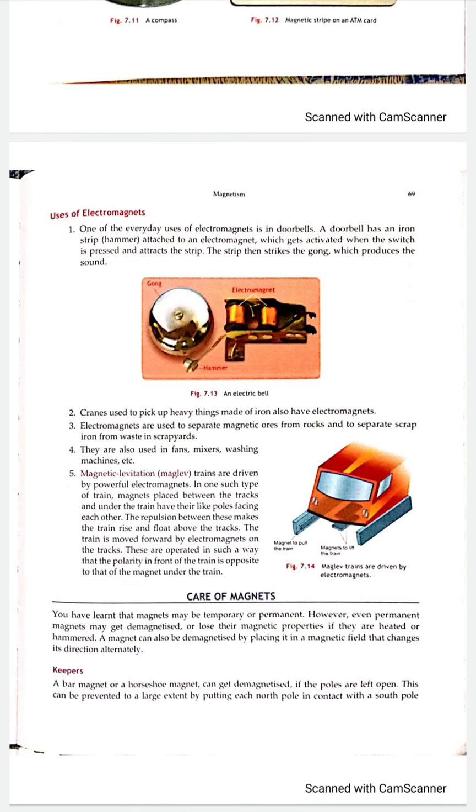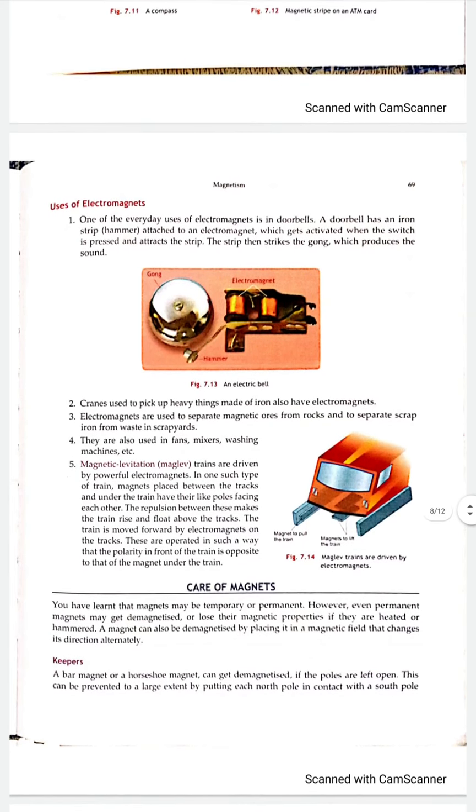A strong repulsion takes place between the two, due to which the whole train rises by a small amount above the magnetic railway track and floats on it in the air, and then this train moves in the forward direction. So these types of trains work using the magnetic levitation technique.